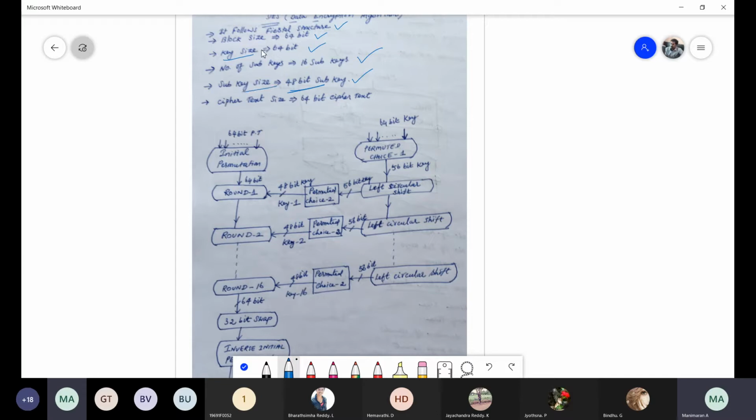This is the key we give initially, but in each and every round we give a key to the function. That key is called a subkey, and its size is 48 bits. Remember this. Finally, the ciphertext we get is 64 bits. Input is 64, output is also 64 bits. This is the overall structure of the DES algorithm.